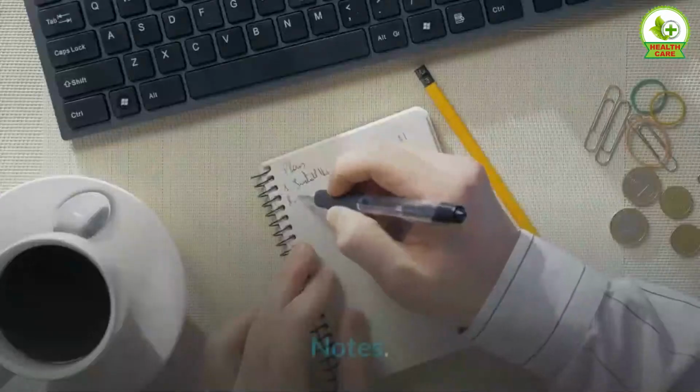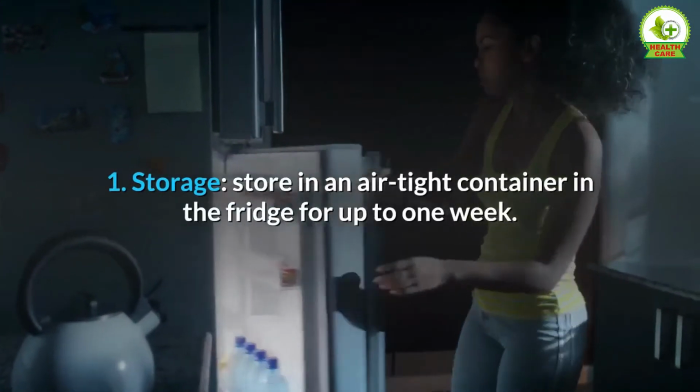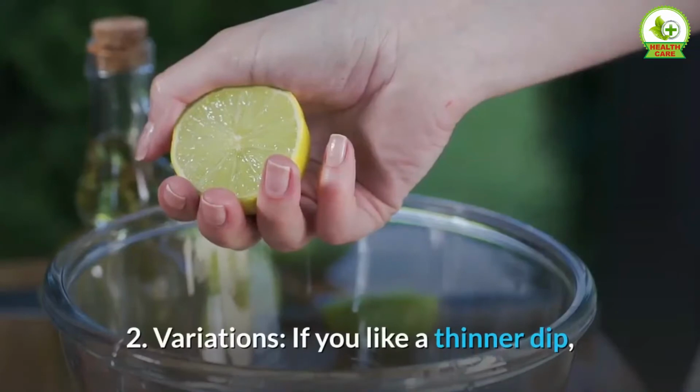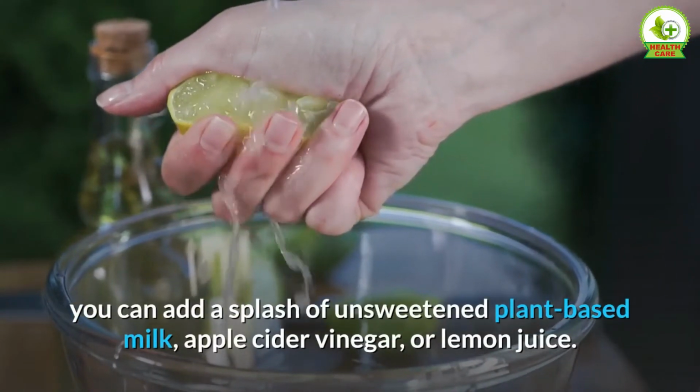Enjoy. Notes: 1. Storage: store in an airtight container in the fridge for up to 1 week. 2. Variations: if you like a thinner dip, you can add a splash of unsweetened plant-based milk, apple cider vinegar,